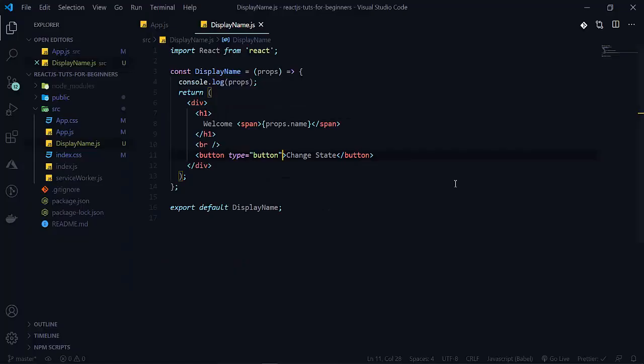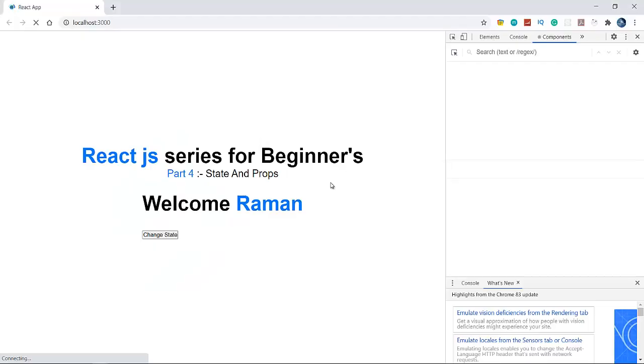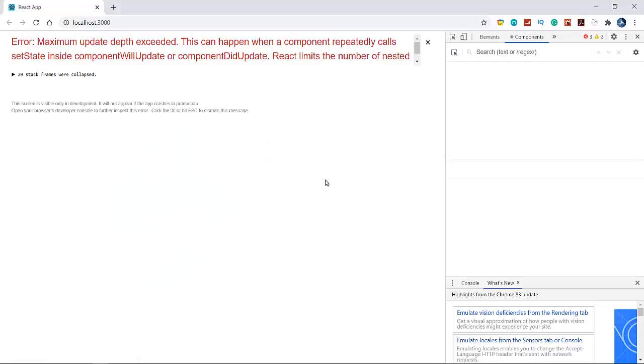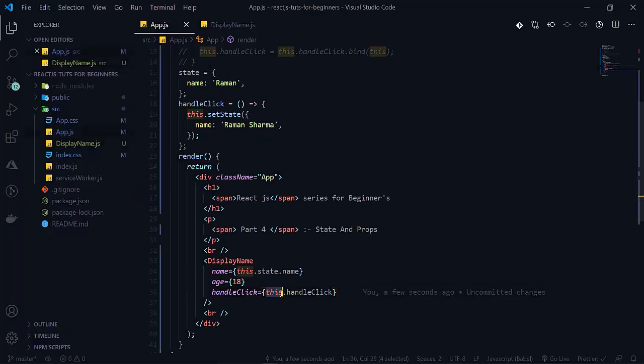So now we will call the handleClick function here. As properties there will be a handleClick function. So when I reload this, sorry, here will be handleClick only.